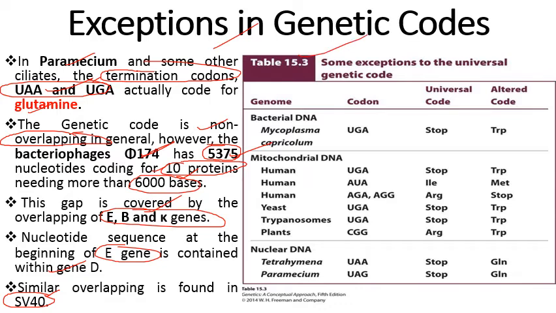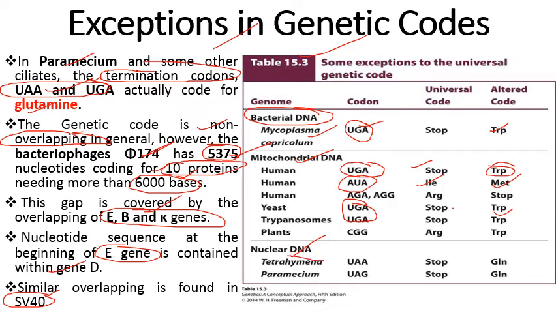So this table shows some exceptions in the universal genetic code. Firstly we have bacterial DNA. Here there is Mycoplasma. In Mycoplasma, the codon UGA, which is basically a stop codon, codes for tryptophan. Then in mitochondrial DNA, which is present in humans, UGA is a stop codon, but here it codes for tryptophan. Then AUA normally codes for isoleucine, but in case of mitochondria it codes for methionine. Similarly, other codons which act as stop codons code for some amino acids in case of mitochondrial DNA. Then nuclear DNA,